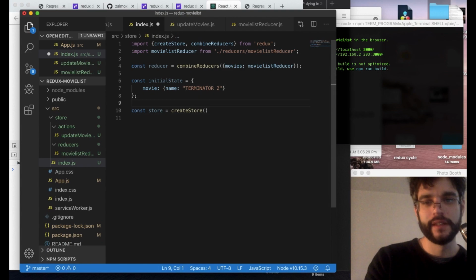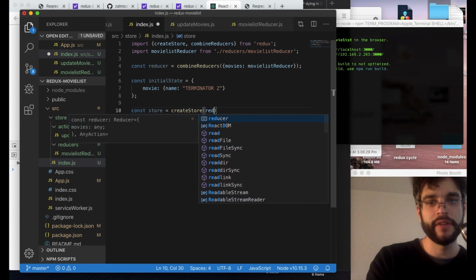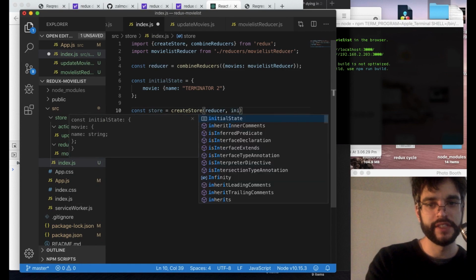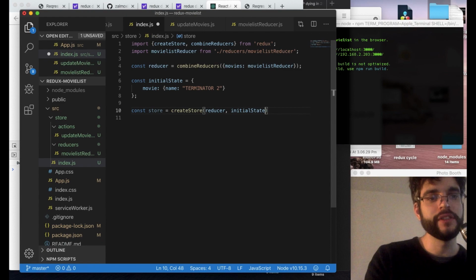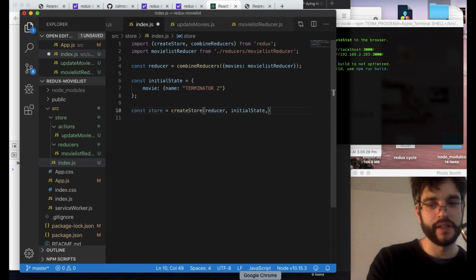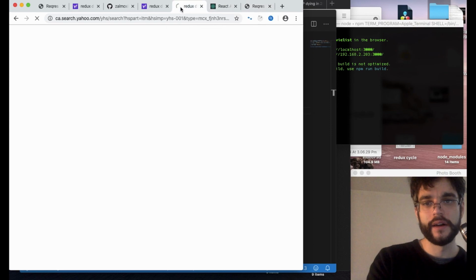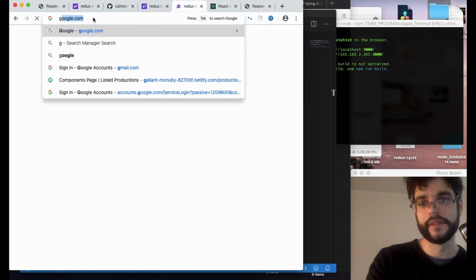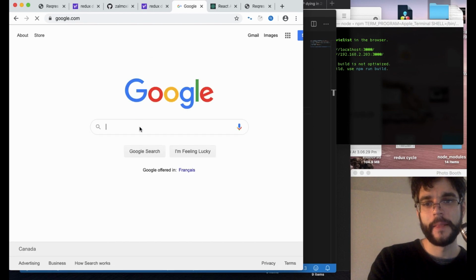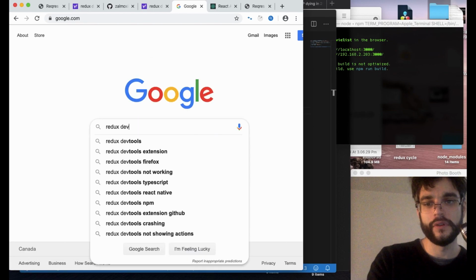Okay, cool. And so we have our reducer, we have our initial state. So in our store, it could take some parameters. So we're going to put in the reducer. We're going to add our initial state. And we're also going to take a look now, before we move any further, at the Redux devtools, because these are pretty awesome. So if you go on your Chrome or your browser, and you Google Redux DevTools extension,